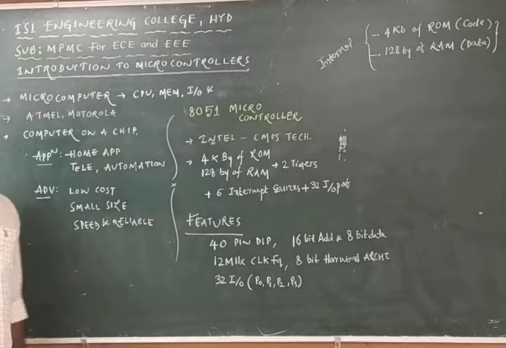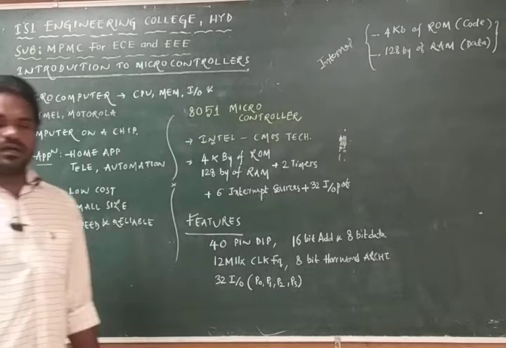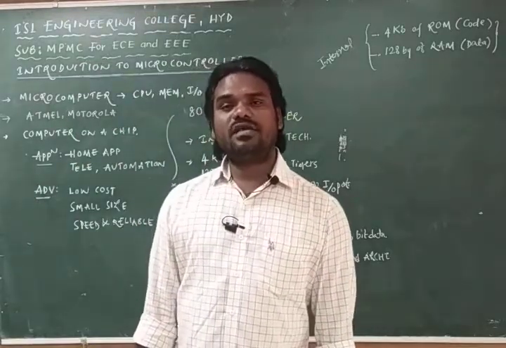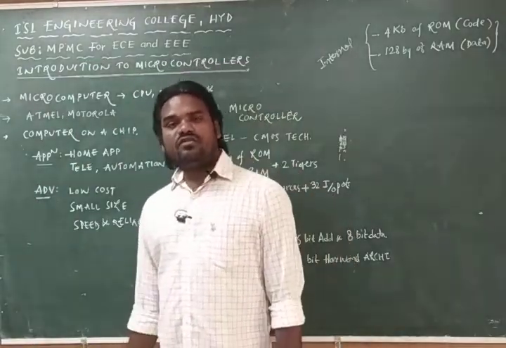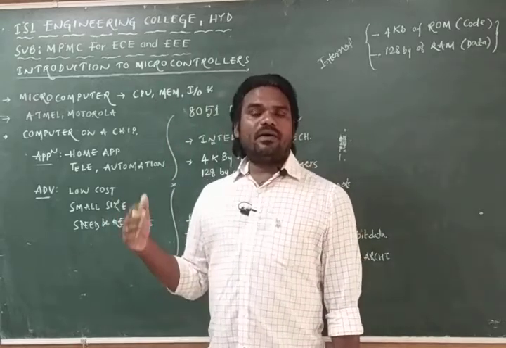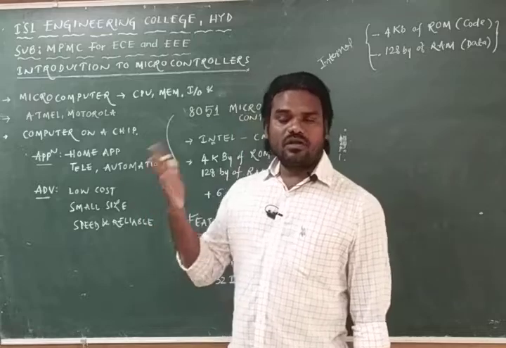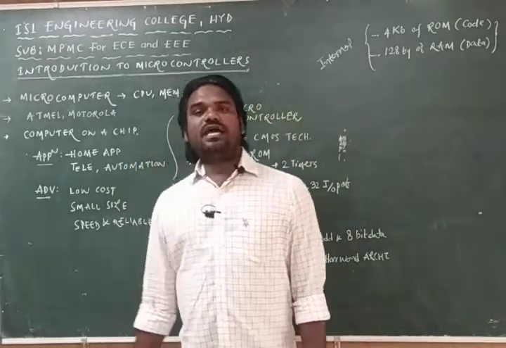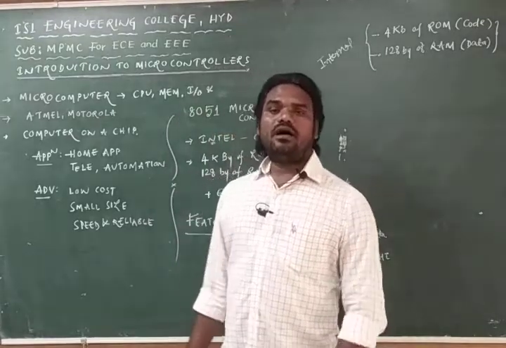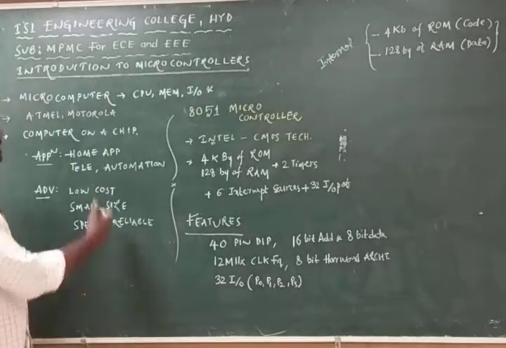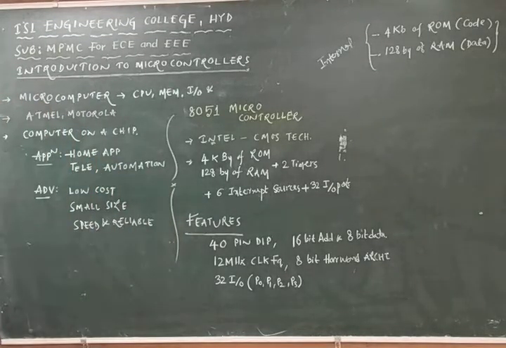In industrial automation, the microcontroller is widely used. For example, in automation, if you go to a fuel filling station, automatically the filling pipe will pour the petrol into the tank, and automatically it turns off after reaching the required level of fuel. So this is automation. These are some of the applications of microcontrollers.